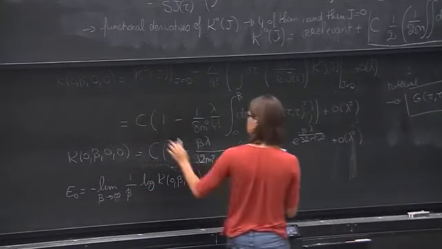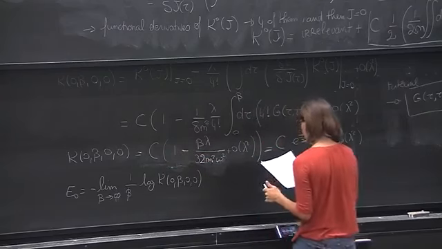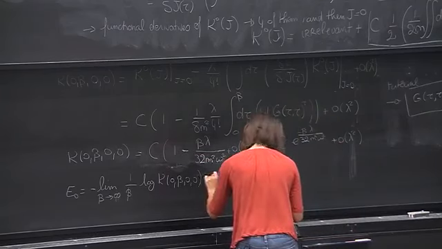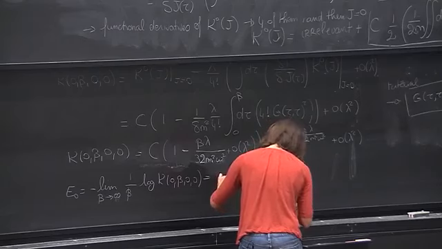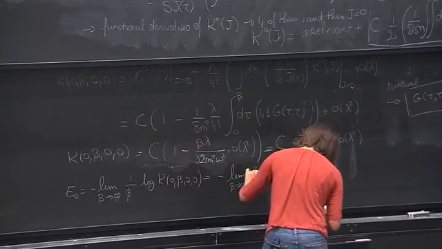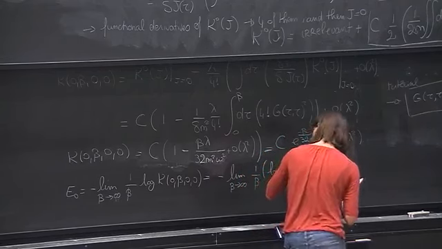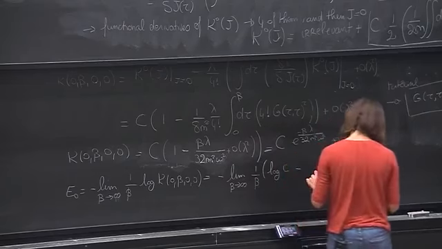Then, of course, now C is not anymore a constant because it's a function of beta. But anyway, this is going to give you log of C minus